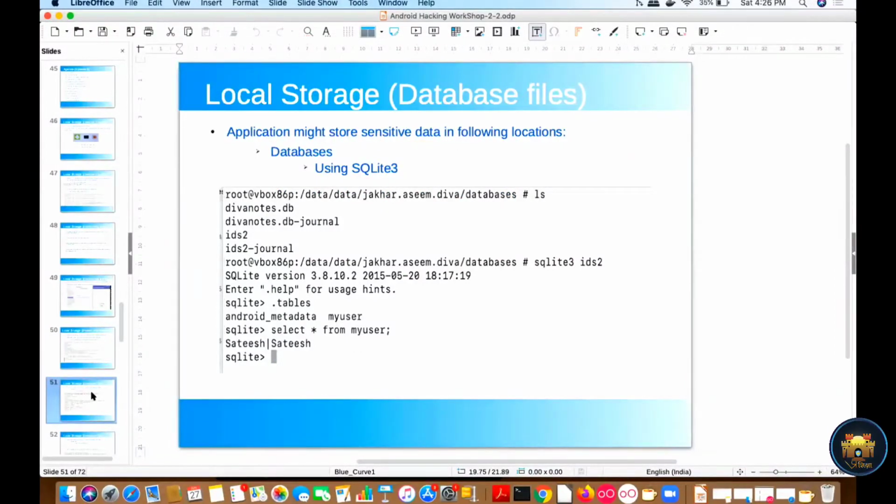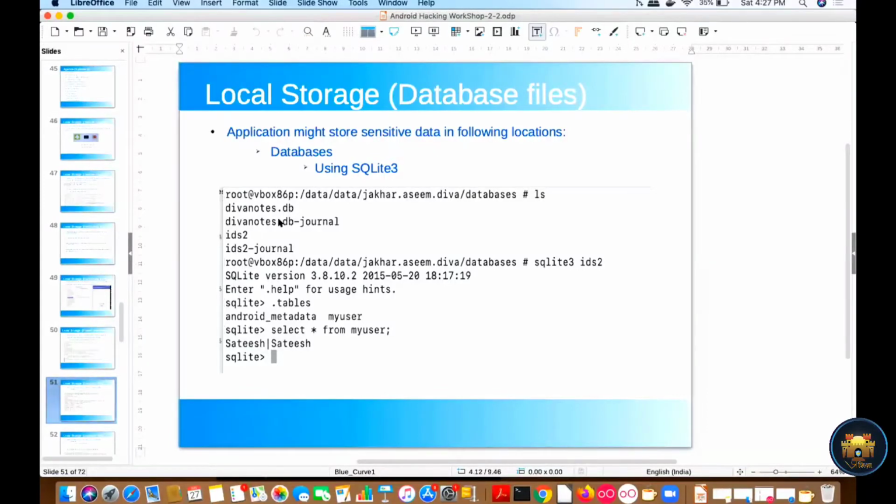So if I talk about the local storage, there is another big issue where we can find sensitive information stored, that is called the database, right? Sometimes applications store database-related queries, usernames and passwords, or secret keys, and sometimes they also store the session ID in the local database. So as a pen tester, we need to check the database files to see whether the application is storing any sensitive information in local storage or not.